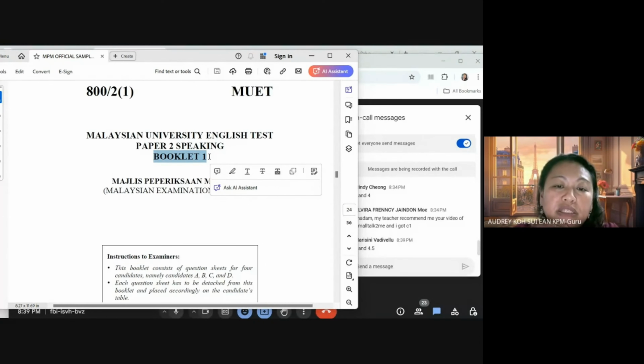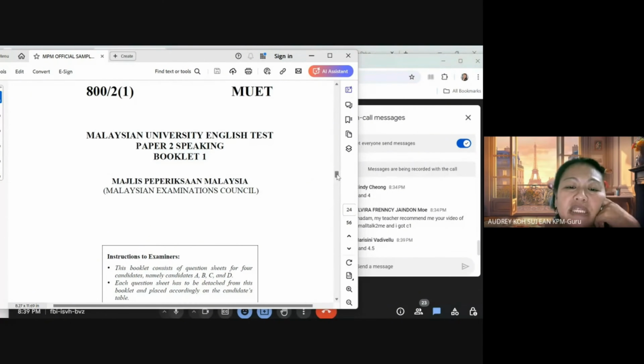So when you register yourself, if you are a class teacher from MUET, you can actually register the students according to their own speaking groups. It does not need to follow alphabetical order. So again, if you're a teacher, please register them according to their favorite speaking groups, as opposed to the name list, because in the name list they might not be able to cooperate well with each other, and they may not have practiced well with each other as well.